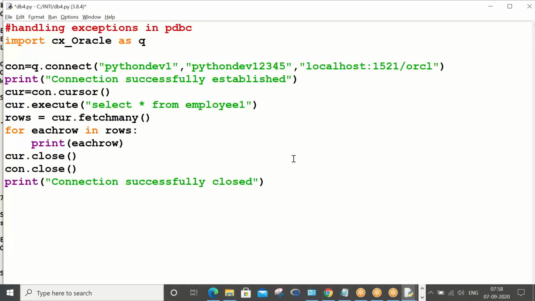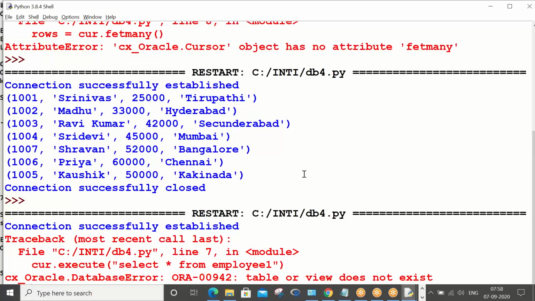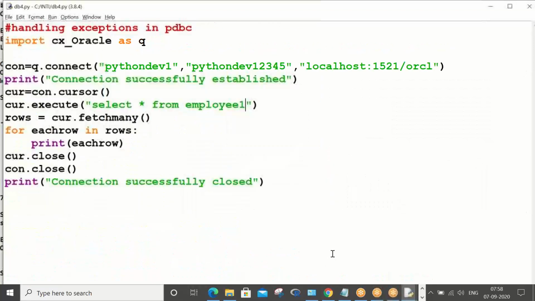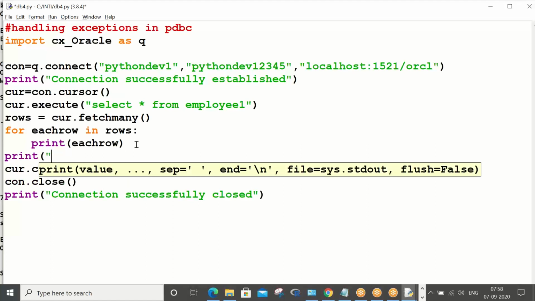So what happens here, you see, control S, F5. Connection is successfully established. But what had happened, you tell me? A database error has come: table or view does not exist. That's fine. But what also has not happened, you have to understand: print, a very important line to execute.